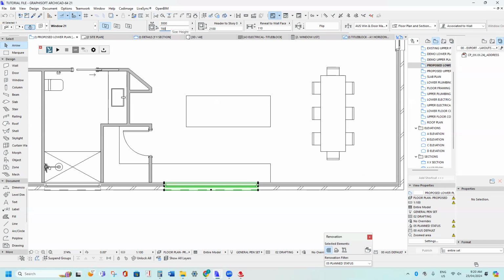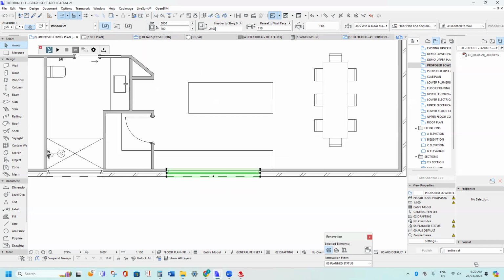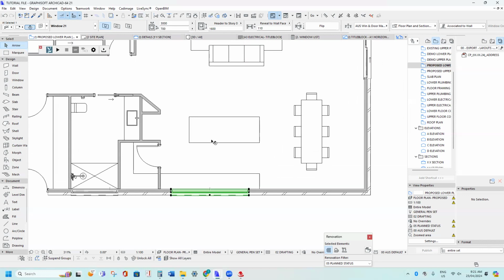I can make it 700 high for a backsplash window. Like they're normally 600, but you can increase it to 700 to have the overhead cupboards can sit a little higher. So now that that's 700 high, I'll want to adjust the head height. So normally these windows sit just above the bench. So the sill will be at 900, and the top, if you add 700 to 900, is 1600. So if you adjust that to 1600, press enter, you'll see what that looks like once we pop into the 3D later on. Press